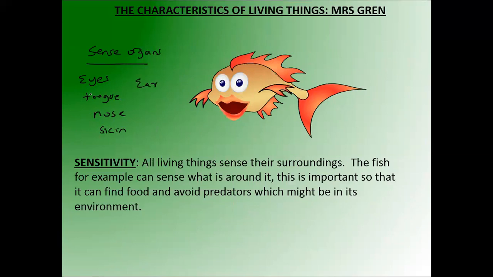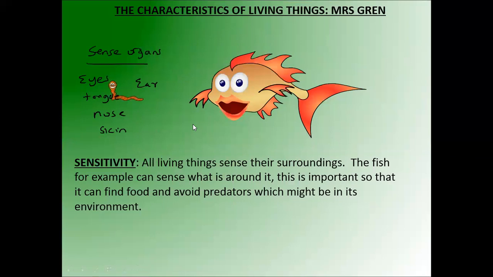So these are the five organs which we use to sense. So organisms that have these organs, or any of these organs, to feel the environment, to feel changes, or to feel the presence of food, or the presence of predators, we would say they are sensitive, and that's